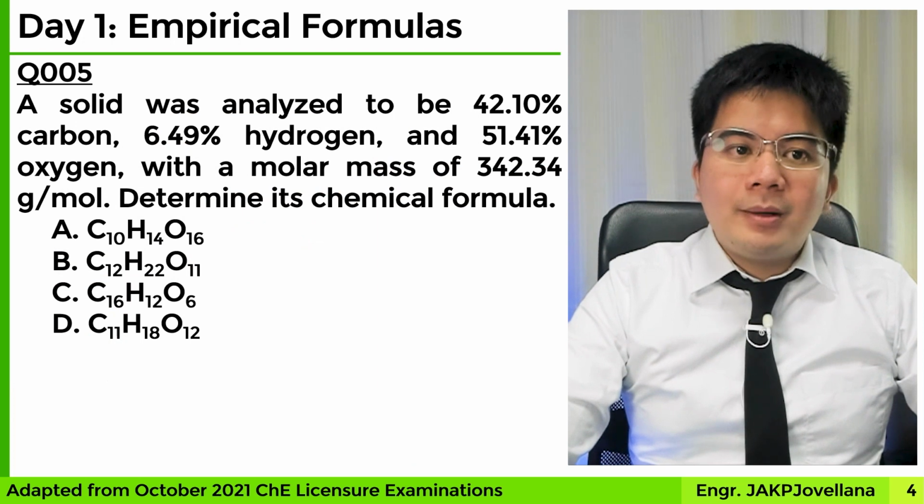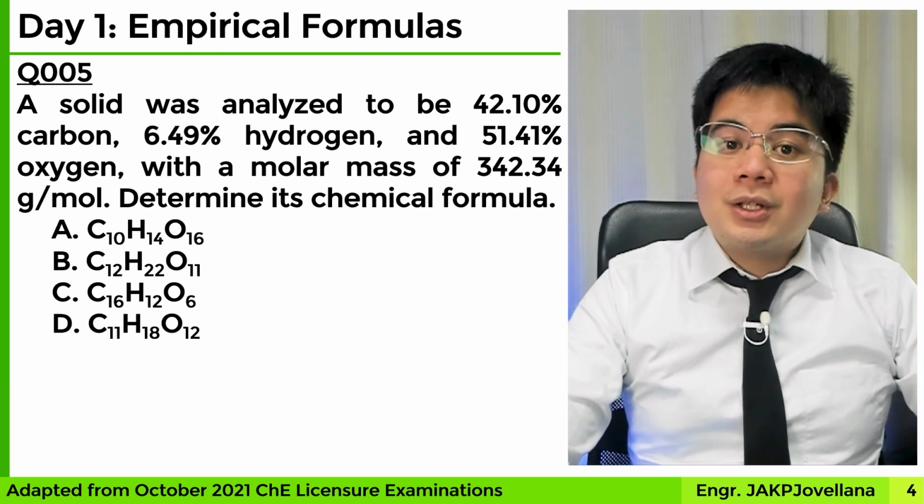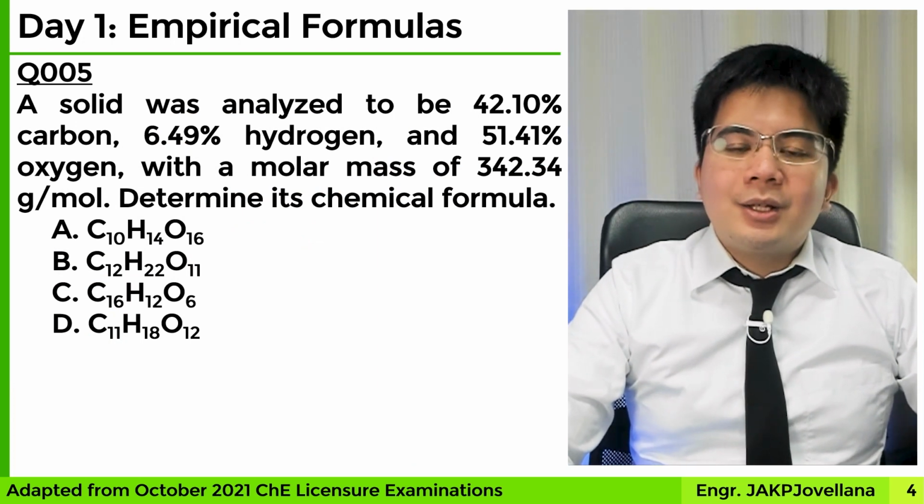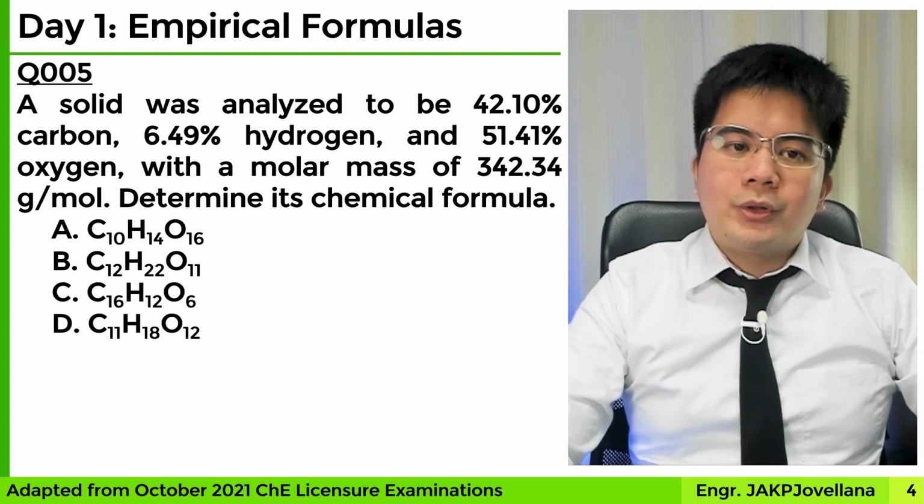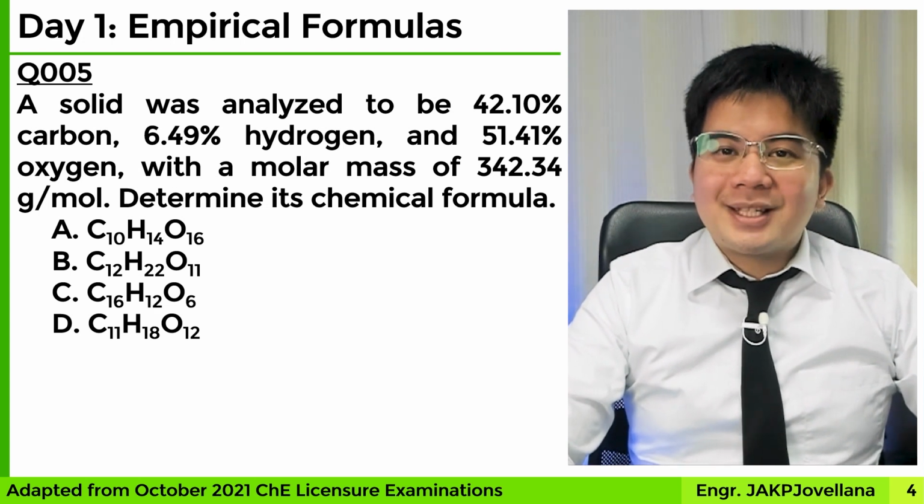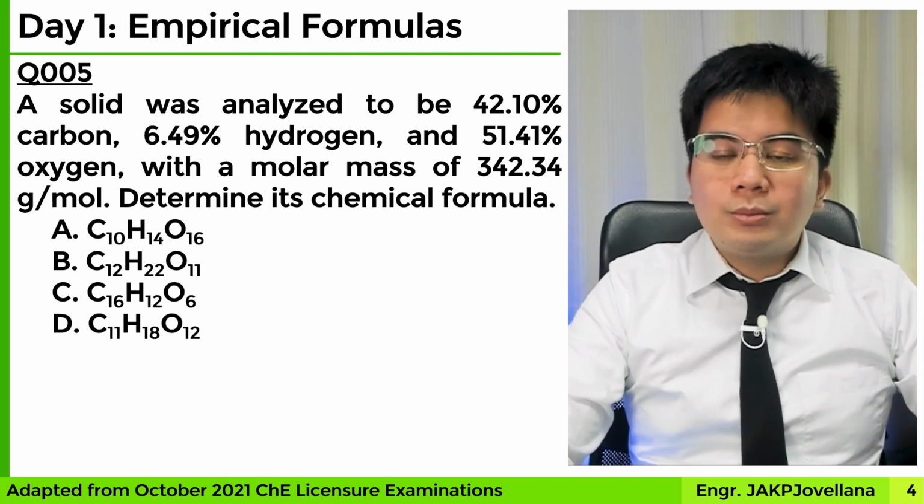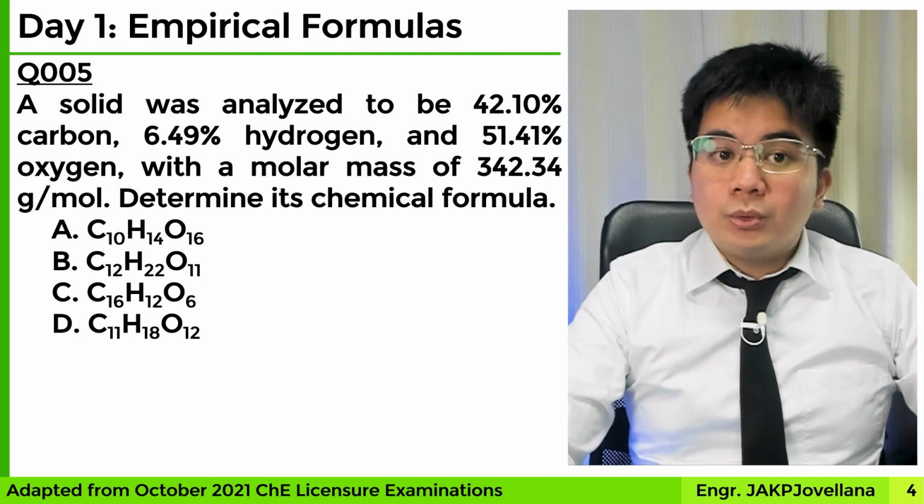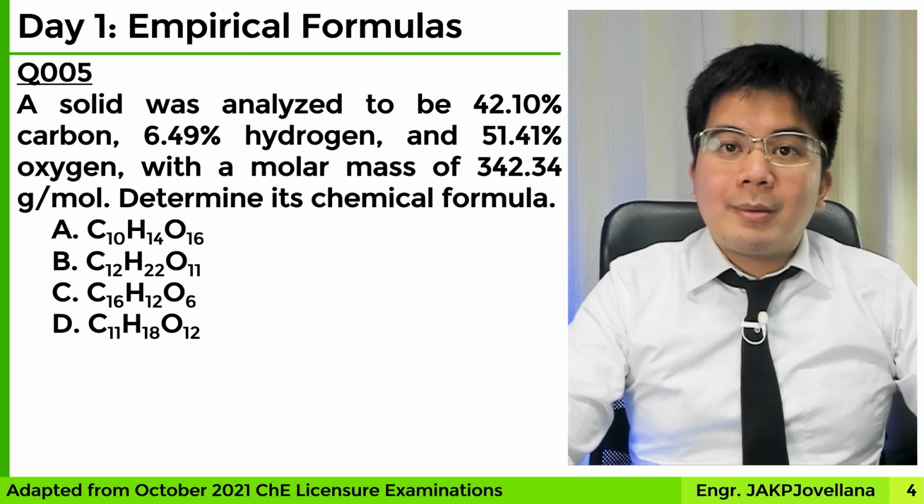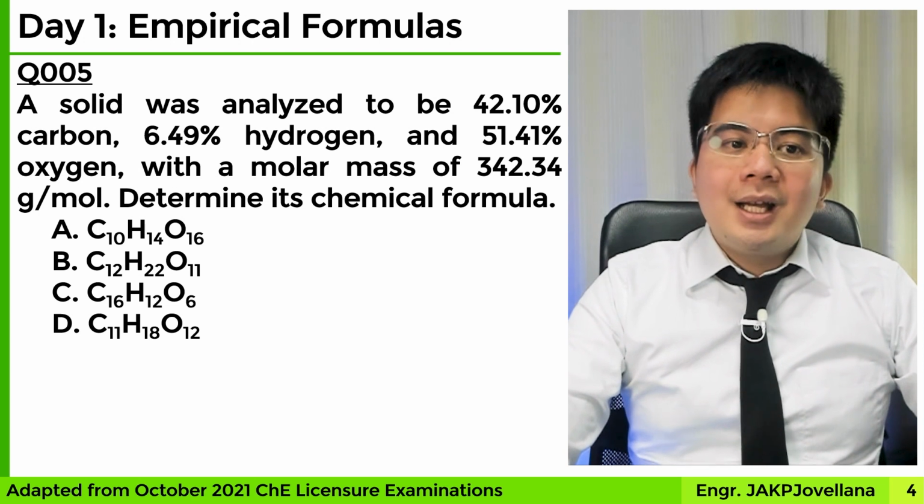For our next problem, a solid was analyzed to be 42.10% carbon, 6.49% hydrogen, and 51.41% oxygen, with a molar mass of 342.34 grams per mole. Determine its chemical formula. Letter A,